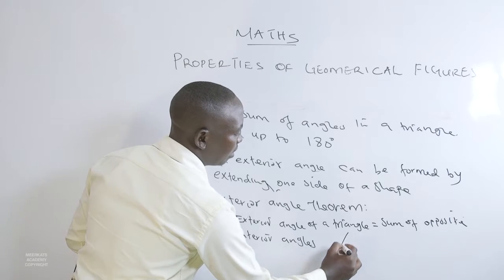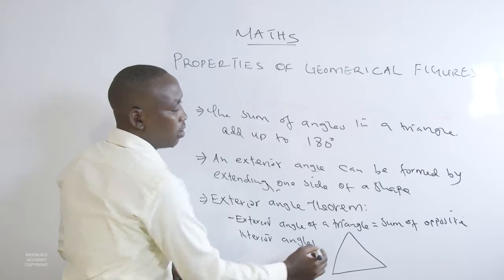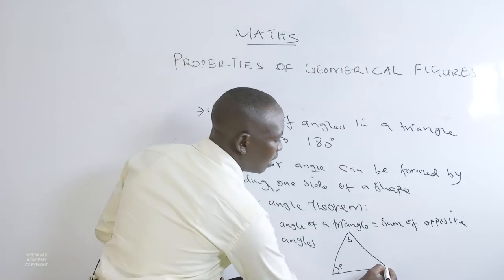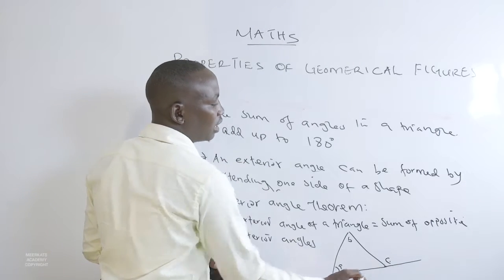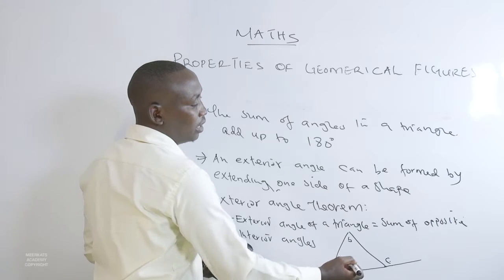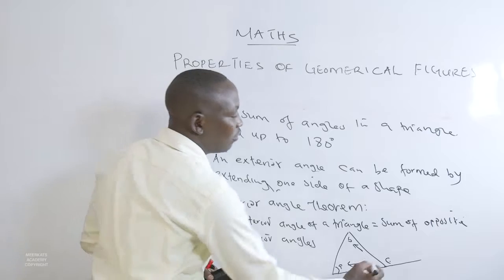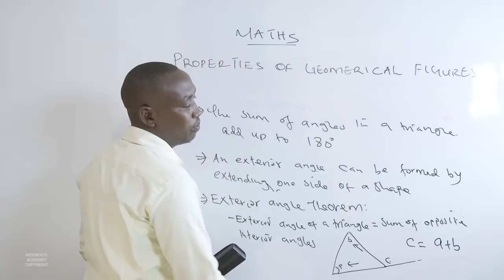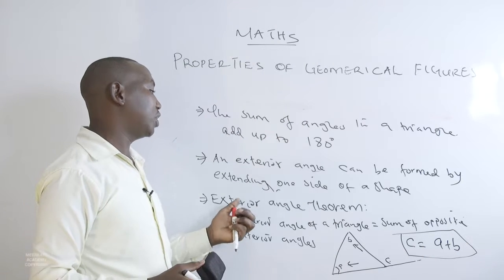So that if you had a triangle with this side measuring A, that measuring B, then you have an exterior angle C. This exterior angle C is opposite to these two interior angles, and therefore C will be equal to the sum of the two, A plus B. This is what we are referring to as the exterior